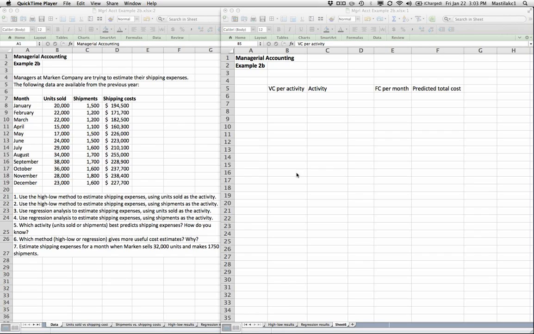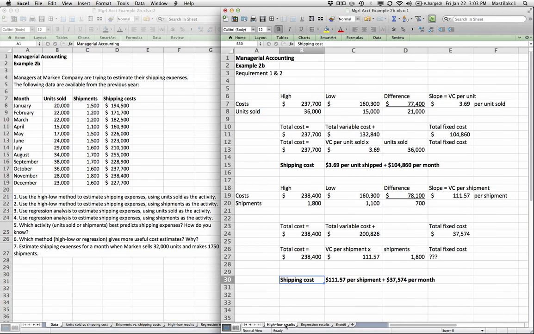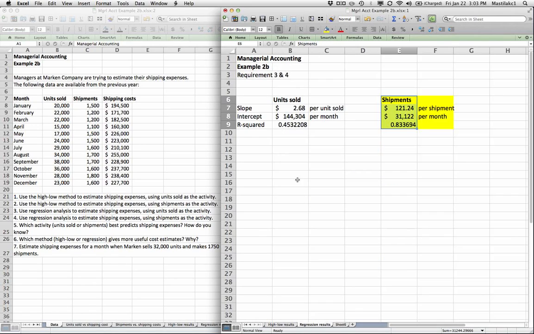So here we are, and we really have 4 different predictions of cost. We've got our shipping cost based on number of units that we got with a high-low method, shipping cost based on number of shipments with a high-low method, shipping cost based on number of units that we got with regression, and shipping cost based on shipments that we got with regression. So we've got 4 different choices. Which choice should we use to estimate shipping expenses for a month when Mgrl sells so many units and makes